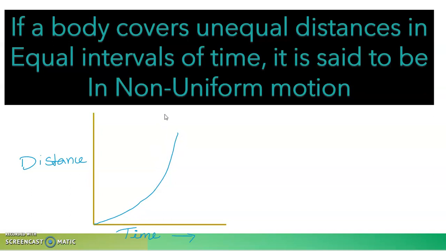So we can get the average speed between 2 points. You can take 2 points here and draw a straight line between those 2 points, then take the slope of the graph. You will get the average speed of that object. Okay, so for uniform motion, the distance time graph is going to be a straight line, and for non-uniform motion, the distance time graph is going to be a curve. Now I told you that the slope of this distance time graph will give you the speed, but we need to know what is speed, right?